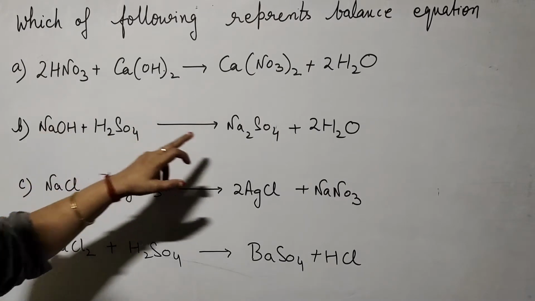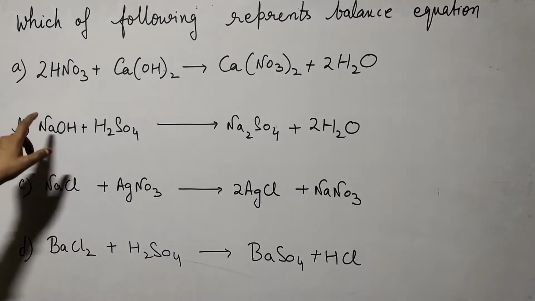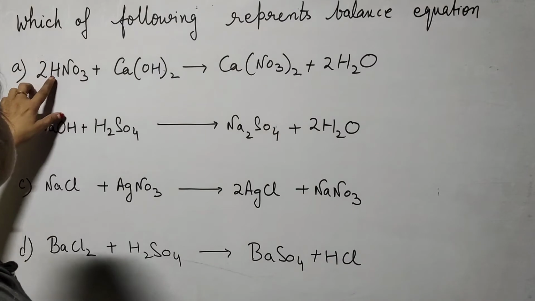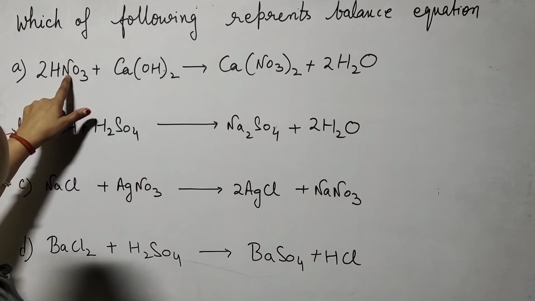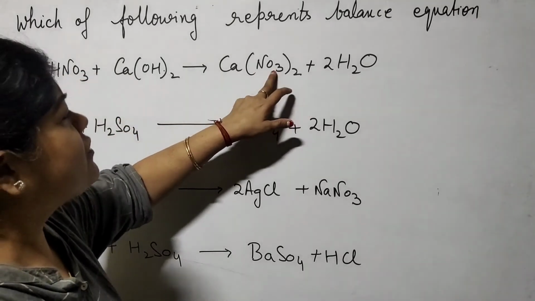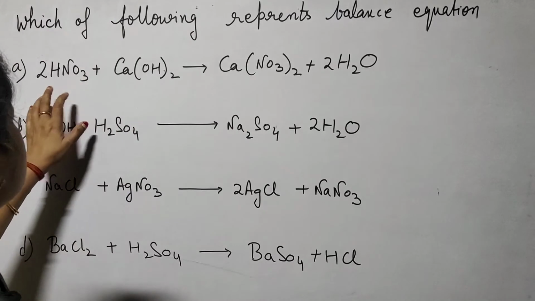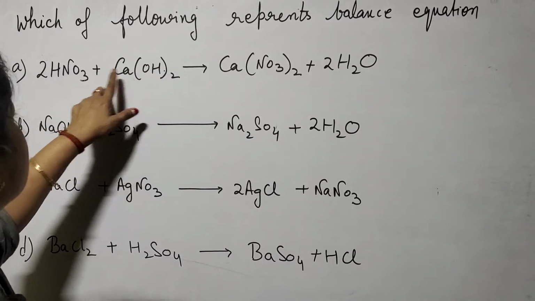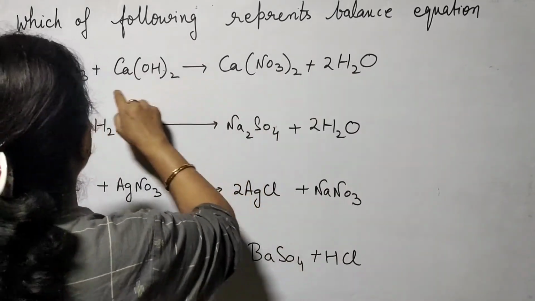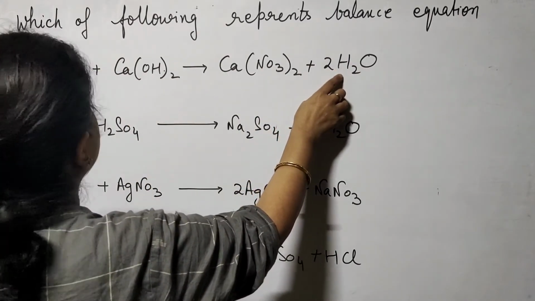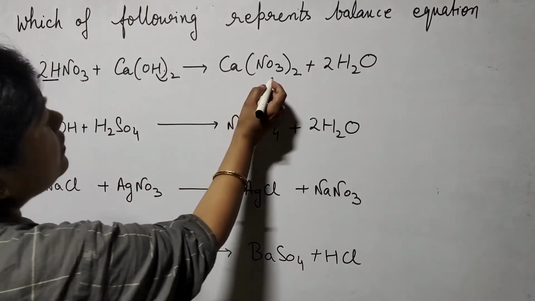Now over here sodium is 2, यहाँ पर सोडियम के 2 हैं, यहाँ पे सोडियम का 1 है, तो ये भी बैलेंस्ड इक्वेशन नहीं है. यहाँ आइए, यहाँ पहले आप देखिए हाइड्रोजन का यहाँ भी, यहाँ पे रहने दीजिए. नाइट्रोजन नाइट्रेट के 3 2s are 6, यहाँ पर भी नाइट्रेट के 3 2s are 6 और 2 नाइट्रोजन, ये बैलेंस है. कैल्शियम देखिए 1 है, कैल्शियम 1 है. अब ऑक्सीजन देखिए 2 3s are 6 और यहाँ पर ये 2, तो 6 to 8. यहाँ पर भी देखिए 2 3s are 6, 2 1s are 2, तो 6 to 8 बैलेंस है. हाइड्रोजन का 2, हाइड्रोजन का यहाँ पर भी 2 है, 2 2s are 4.